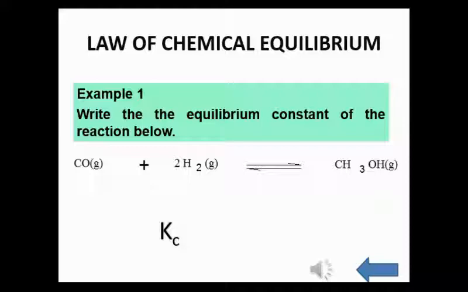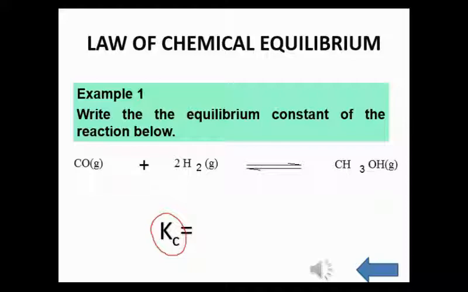So, are you ready with the answer? Firstly, the equilibrium constant is indicated by the capital letter K here. Why do I use the small c below? Because of the phases of the components, the reactants and the products are in the form of gases, and gases have their own concentration. So c here represents the concentration of gases. So for the equilibrium constant, we start with capital K equal to